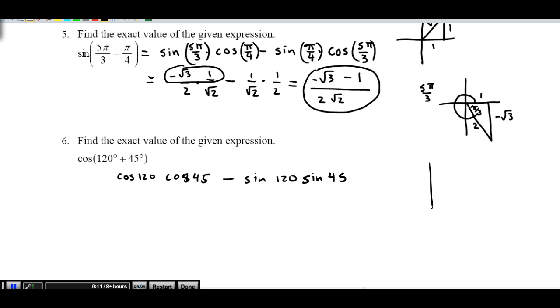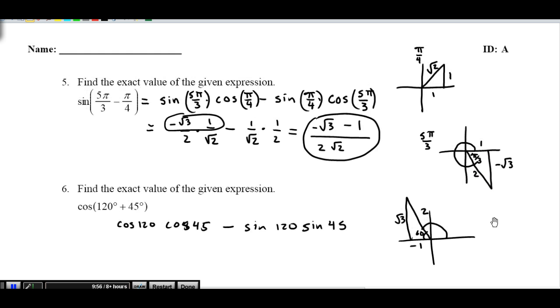So I need 120. Now 120 is here, leaving me with a 60-degree angle here. So I have 1, 2, root 3, and this is negative, and then the 45 triangle is right up here still, so we can just use that one. So the cosine of 120 is negative 1/2,